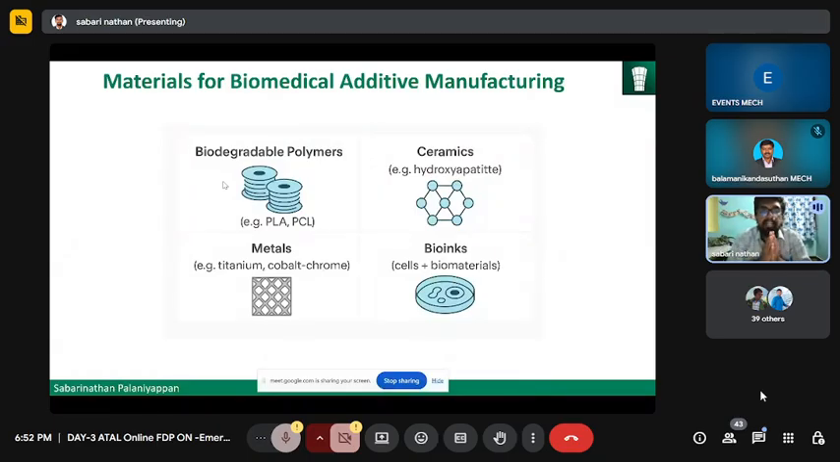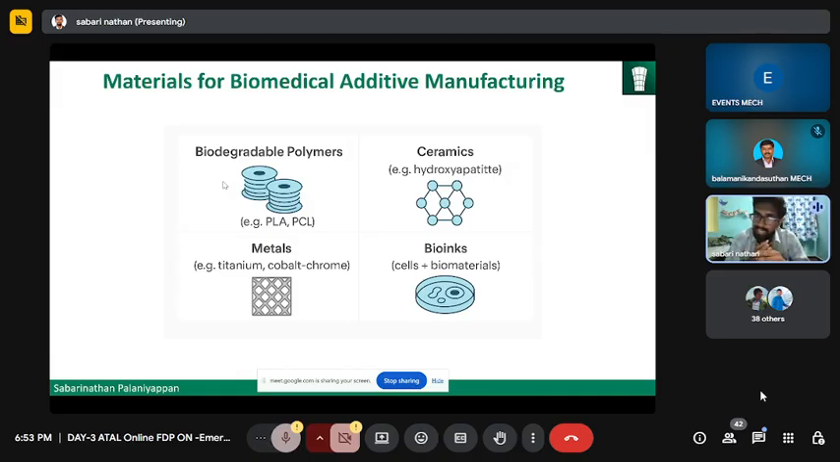Okay. So what are the main materials used in biomedical additive manufacturing? PLA and PCL are the most used biopolymers, which are easily biodegradable. Then in ceramics, they use hydroxyapatite along with beta tricalcium phosphate, because bone is a combination of hydroxyapatite with beta tricalcium phosphate. We can make ceramic models, bone autografts or allografts, both, using ceramic